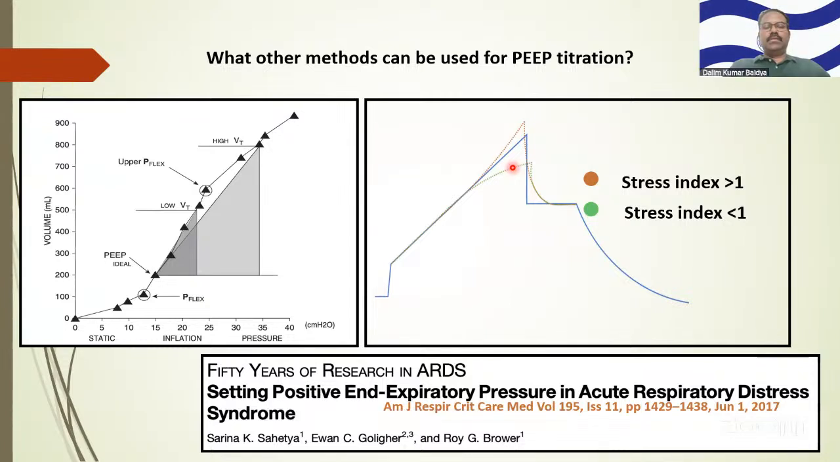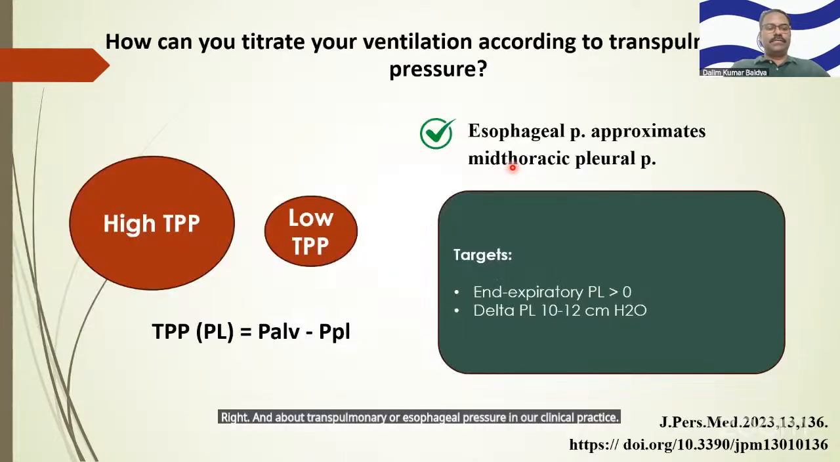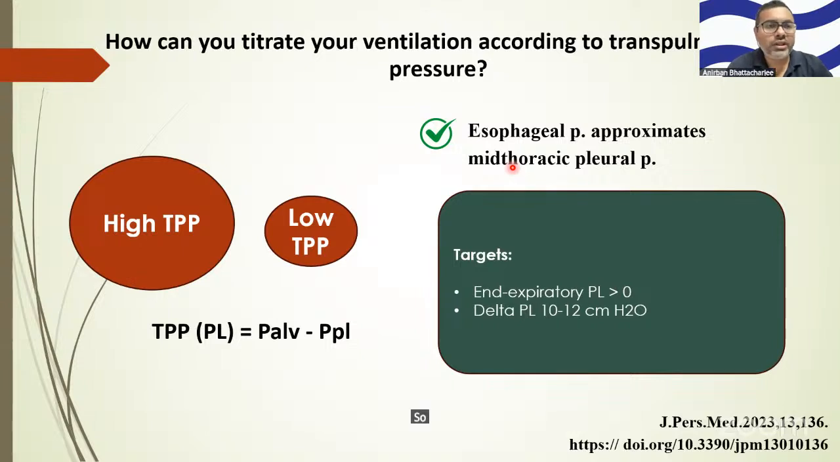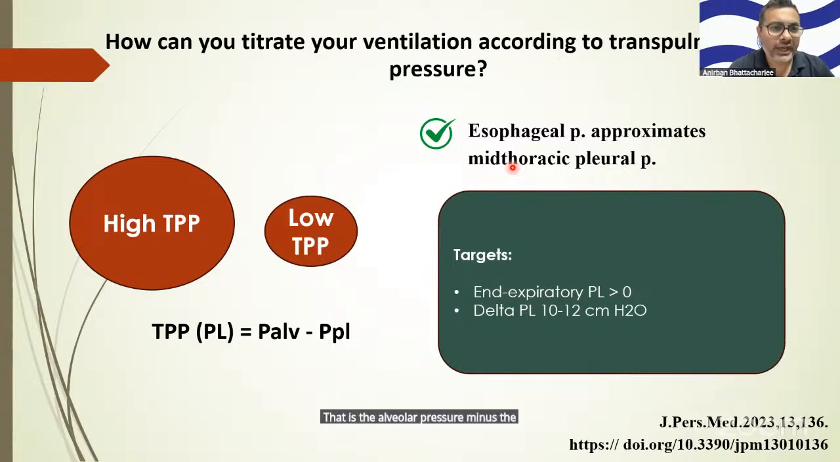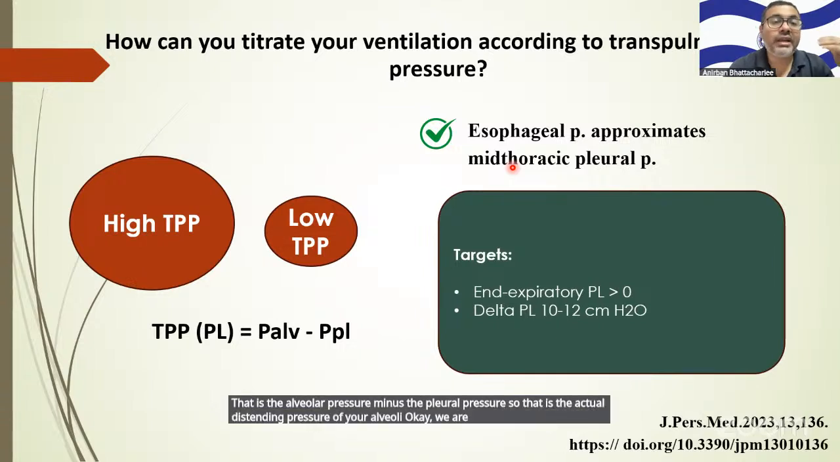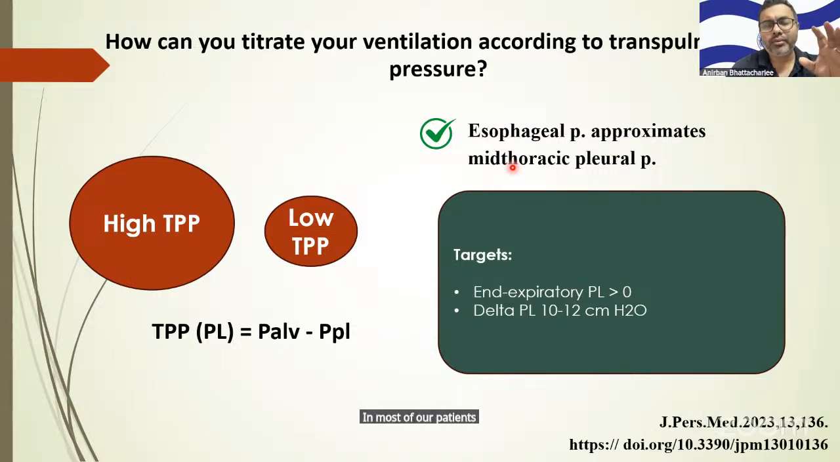Right. And about transpulmonary or esophageal pressure in our clinical practice? So the concept of transpulmonary pressure is that our airway pressures may not reflect actual transpulmonary pressure. So what is transpulmonary pressure? That is the alveolar pressure minus the pleural pressure. So that is the actual distending pressure of your alveoli. Okay, we are using airway pressures as surrogates because we cannot always measure transpulmonary pressures. In most of our patients, probably your airway pressures are going to do a reasonably good job of